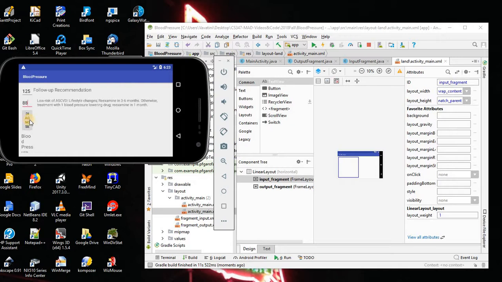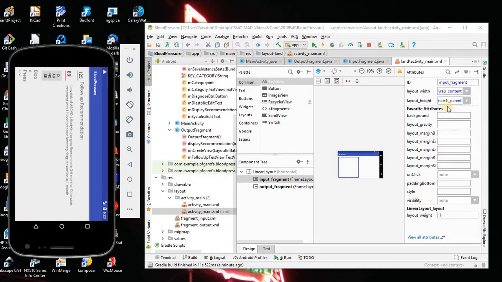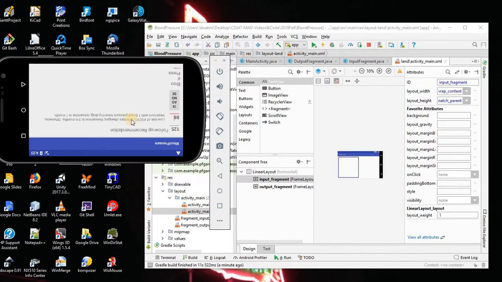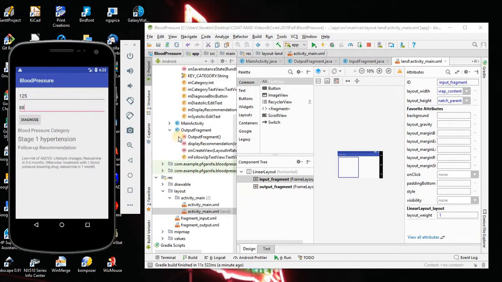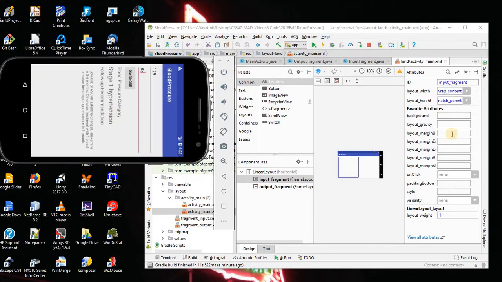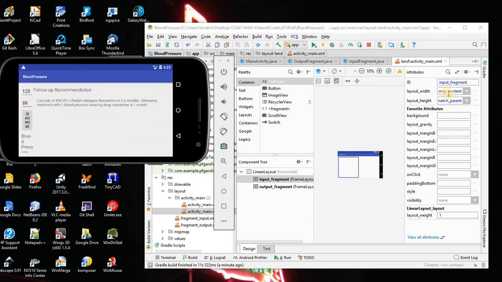That's obviously not something we want, and we didn't get that when the layout width was match parent. Now we could fix that by making this match parent,